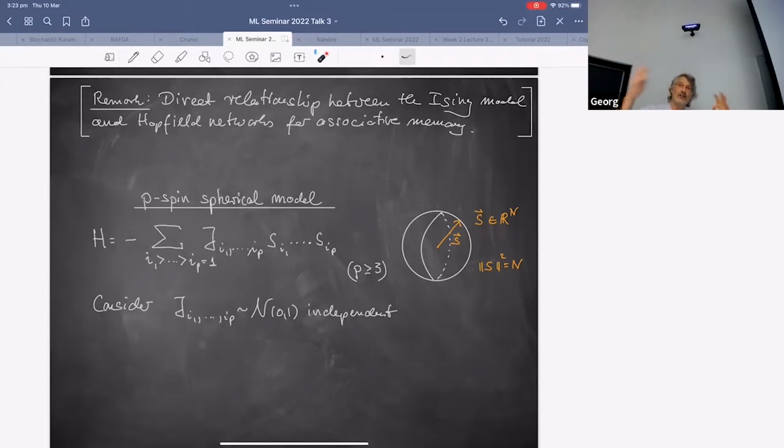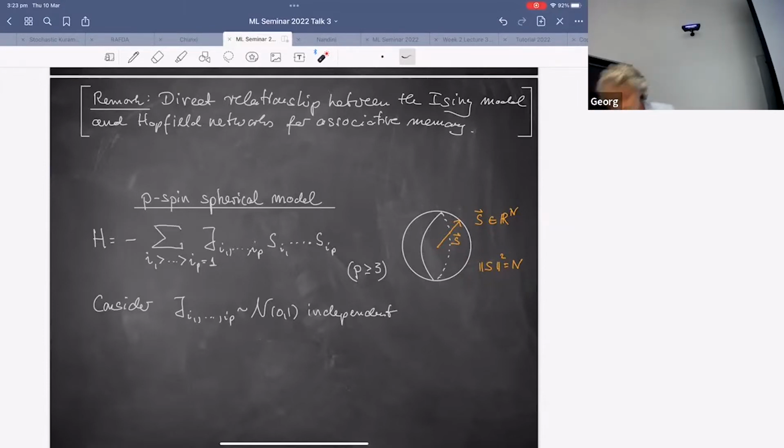So you do something similar to what people do in n-cut or r-cut models, you do a relaxation where you now allow the spin to be a real valued variable, not just to sit on the corners of the hypercube, but you keep the constraint that the norm is equal to 1. Okay, so that's this constraint here. And so now the S, which is S1, S2 up to Sn, lives on the sphere. And that's a so-called p-spin spherical model.